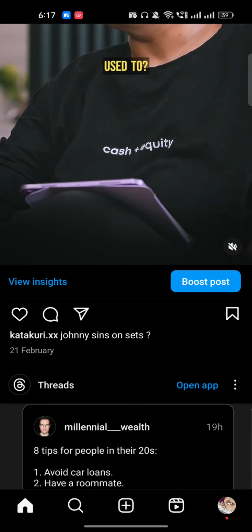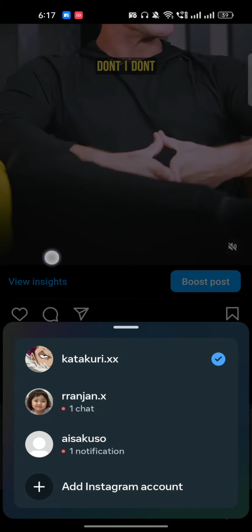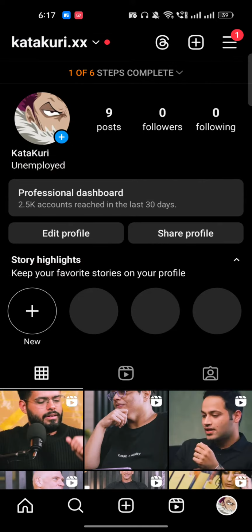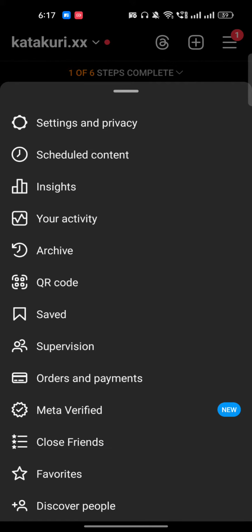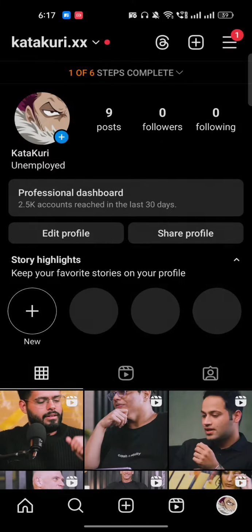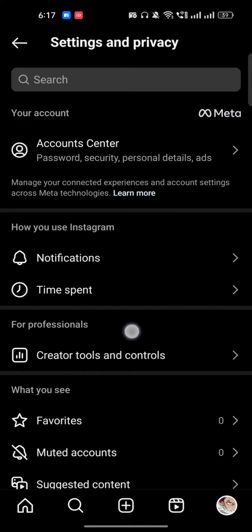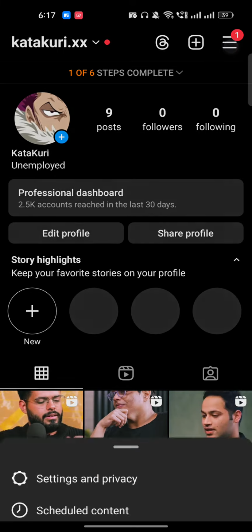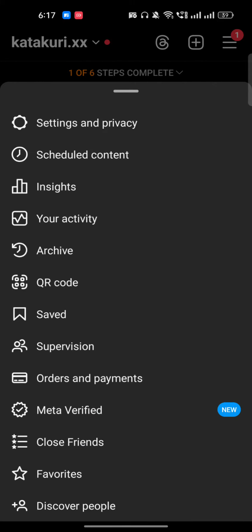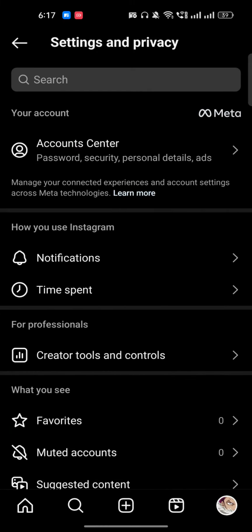Tap on the profile icon which is in the bottom right corner, right? You just have to tap on it. Once you tap on it, on the top right you will see the three lines. Just click on this and go to the settings, right? By the way, if you don't want to go to the settings, that's fine. You can also do it from here, discover people, or you can go to settings and privacy,